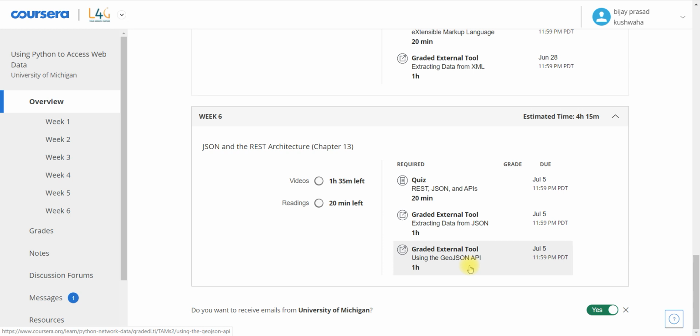For GeoJSON API there are lots of resources and material available on the internet, but for the JSON API there is very little information available, which is quite little to complete this assignment. So don't worry guys, let's get started.